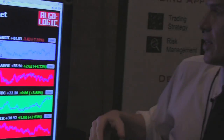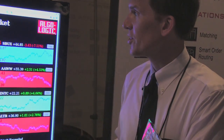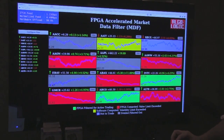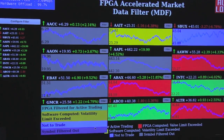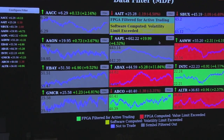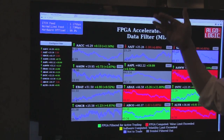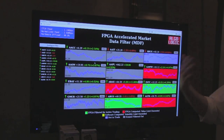So what I can do is use the software API that we have here to go in and selectively choose which symbols I want to filter. So I'll filter, for example, this, and this. What we see now is that these symbols are no longer being forwarded from the 8,000 symbols that come in from NASDAQ; only a few, 1, 2, 3, 4, 5, 6, are being forwarded on to